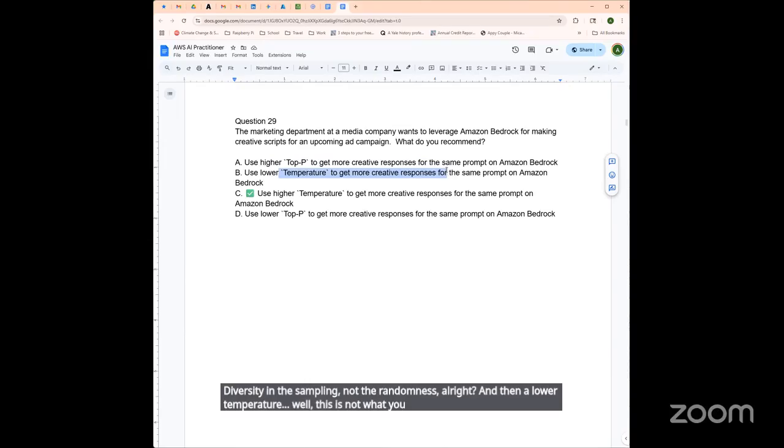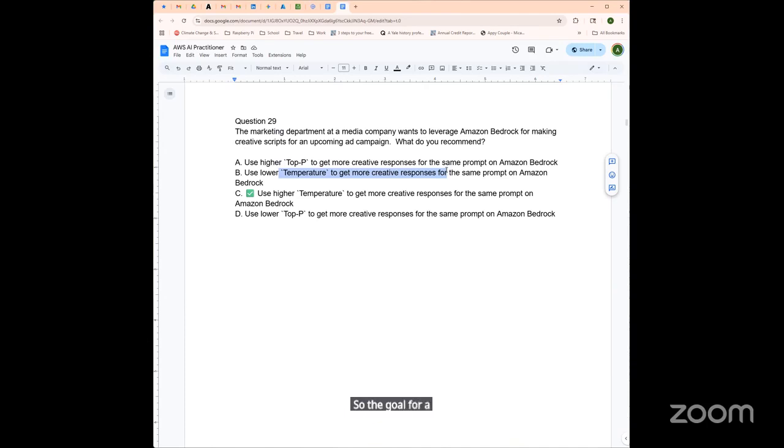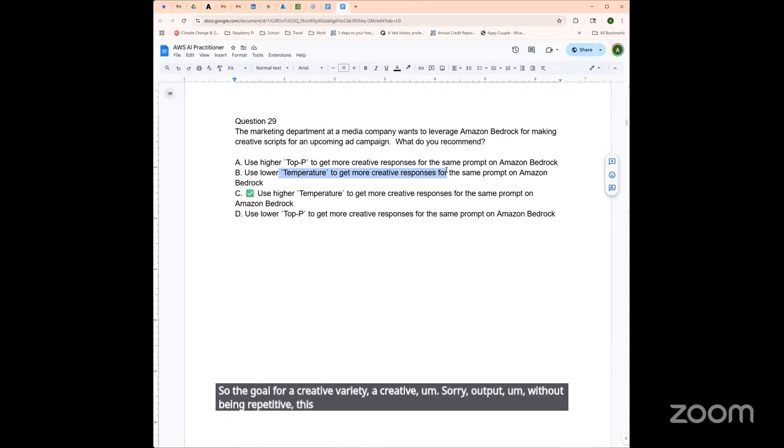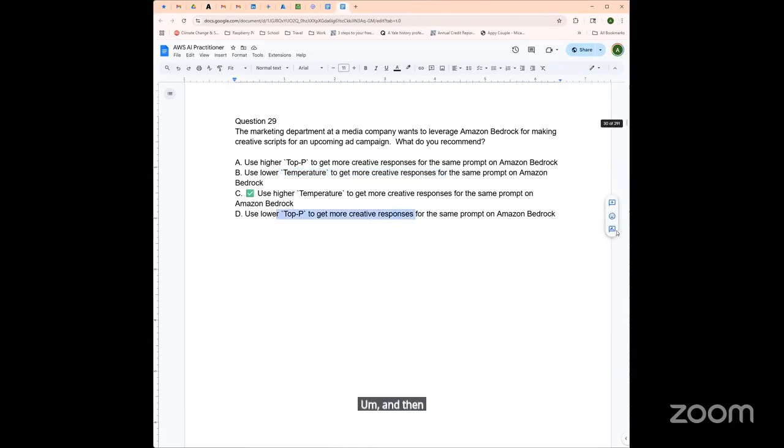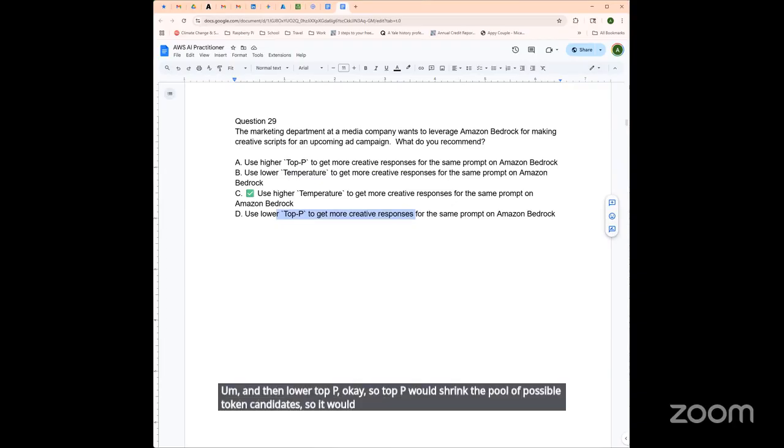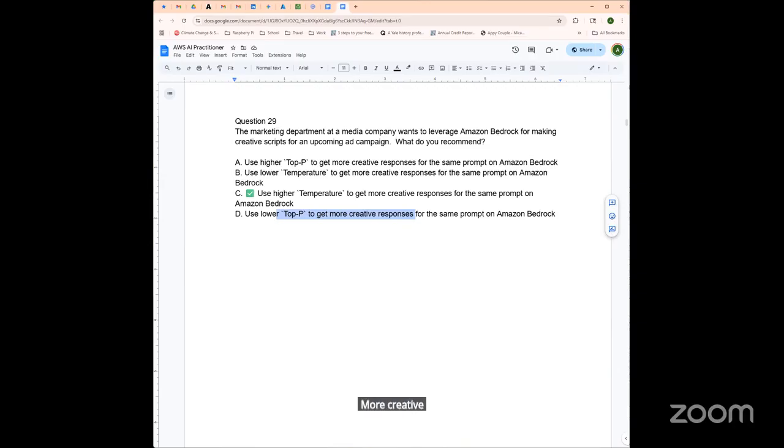A lower temperature makes it more predictable, less creative. So the goal for creative output, without being repetitive, this would actually be against the answer. And then lower top P would shrink the pool of possible token candidates, so it would make output more deterministic, not more creative.